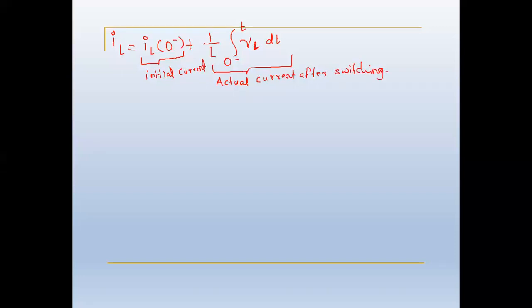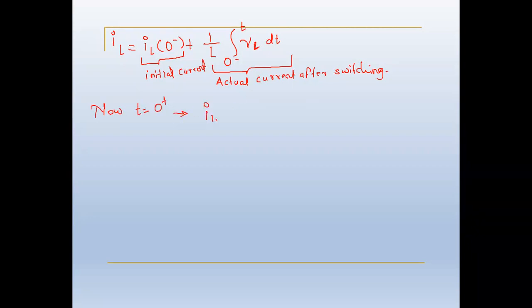Okay. So we are considering an ideal switch in which the switching action takes place instantaneously. That means no time period is required for closing the switch. Now at t is equal to 0 plus, what will happen? The time period just after closing the switch. So what will be your equation?